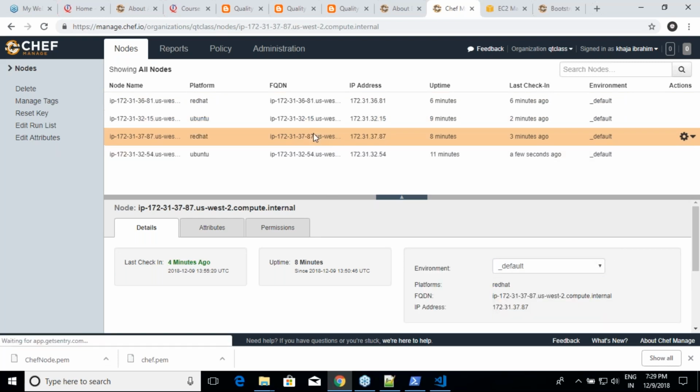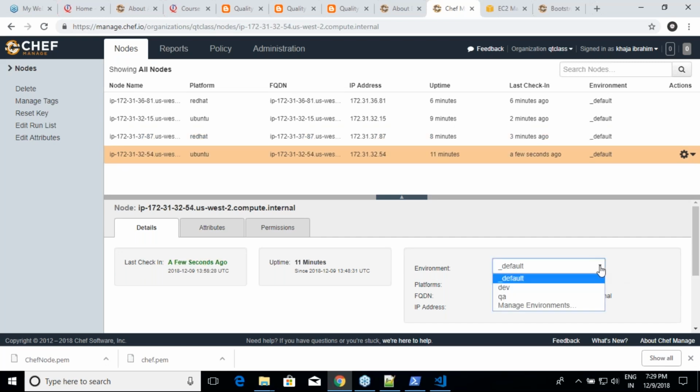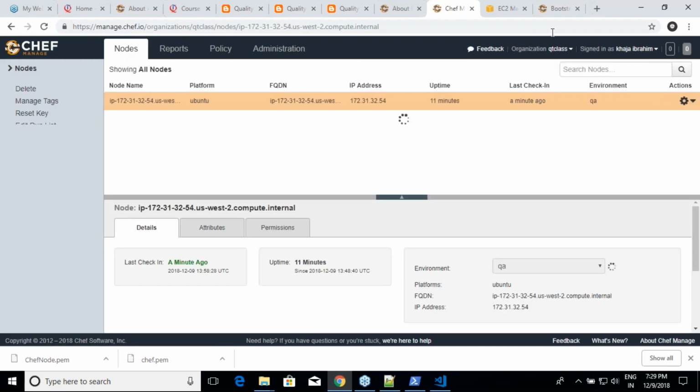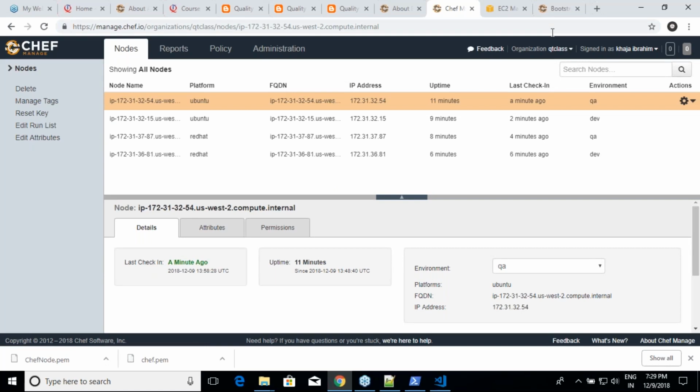Second Red Hat, QA, right? And second Ubuntu, QA. And let me refresh this page. Now is it okay? So you should have 2 Ubuntu machines, one in QA and one in dev, right? And 2 Red Hat machines, one in QA and one in dev.